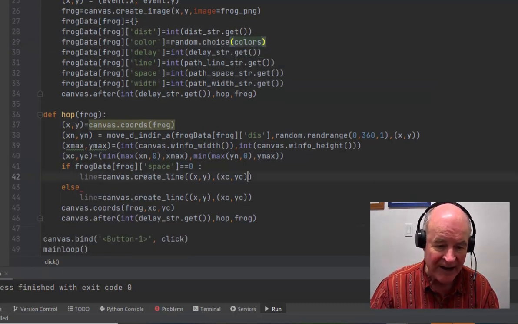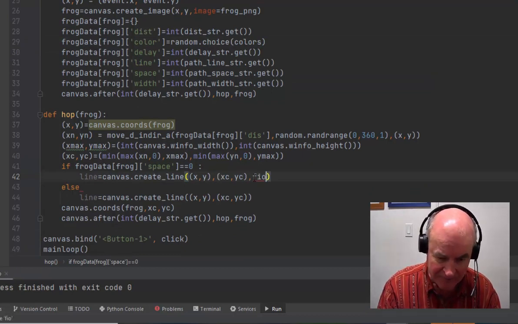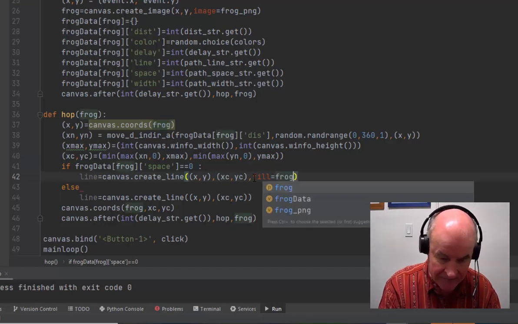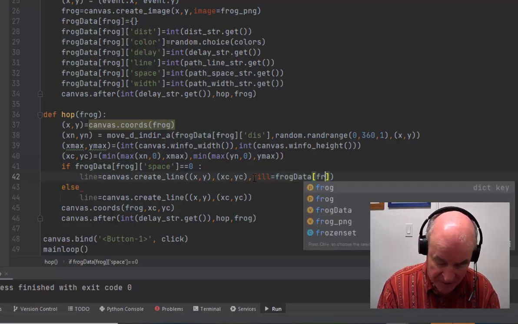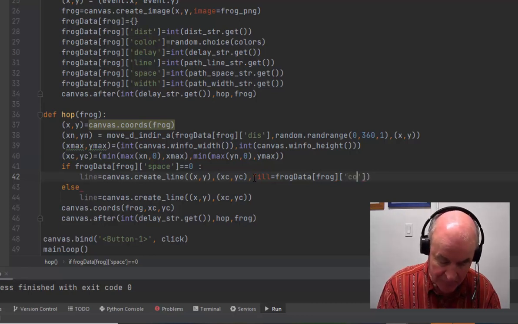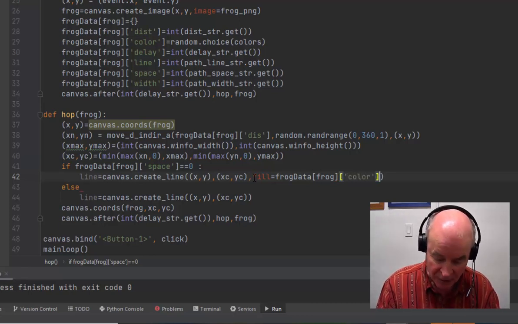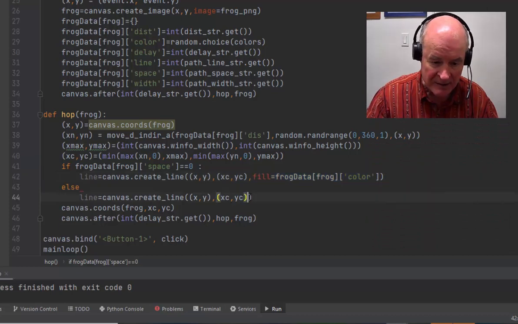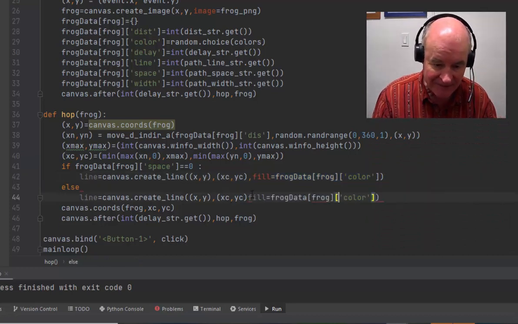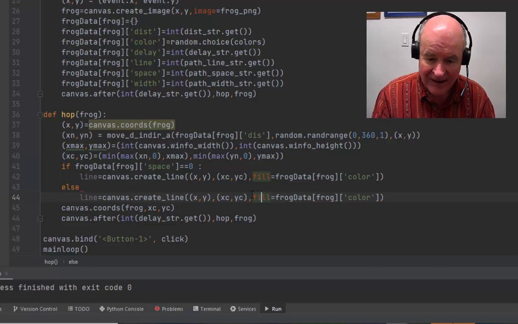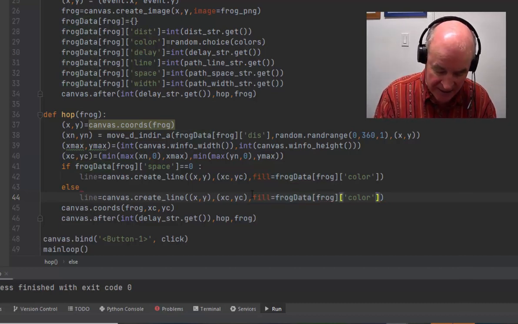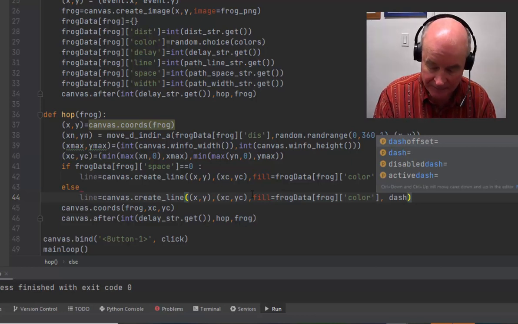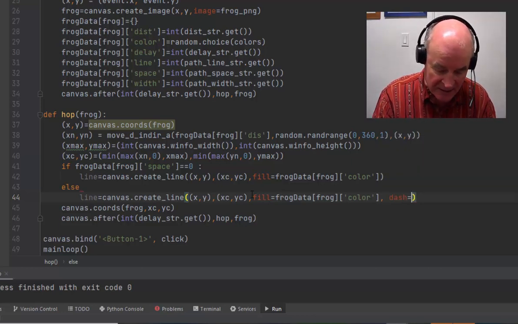And then down here, we're going to add fill equals, and now we're going to do frog data of this particular frog color for doing the fill. And then that's it. We're going to need to add this to the bottom guy underneath. So we'll take that with a copy and a paste. I forgot the comma. And then down here, we're also going to say that we're going to add a dash property, and dash is going to be equal to